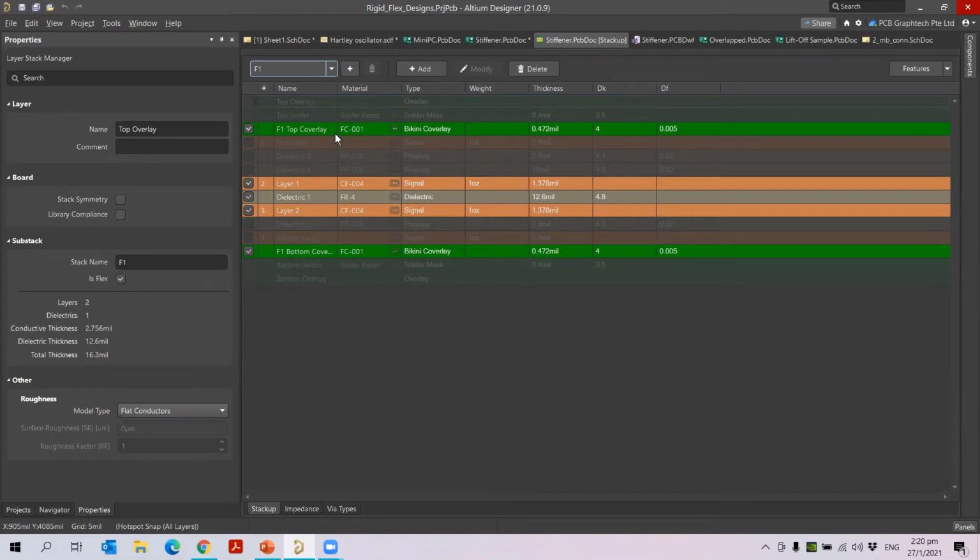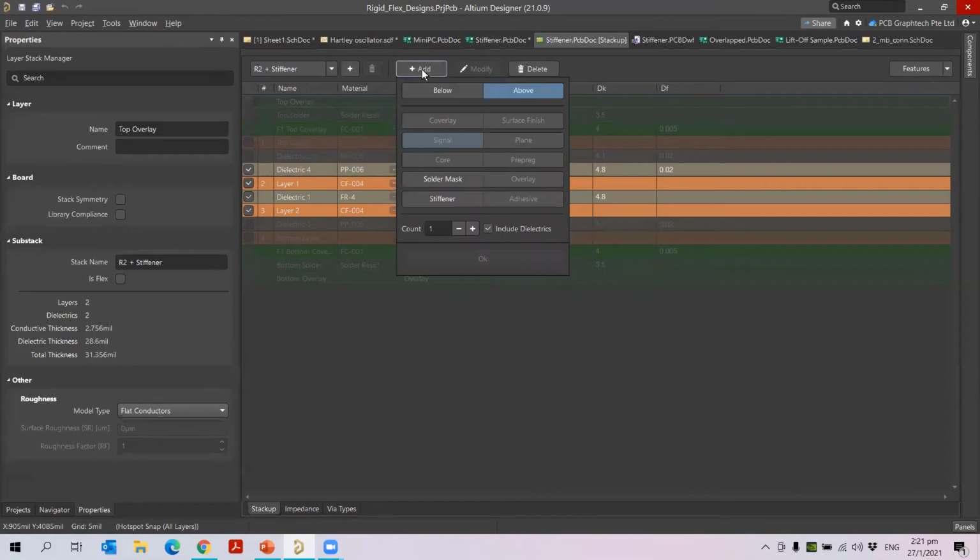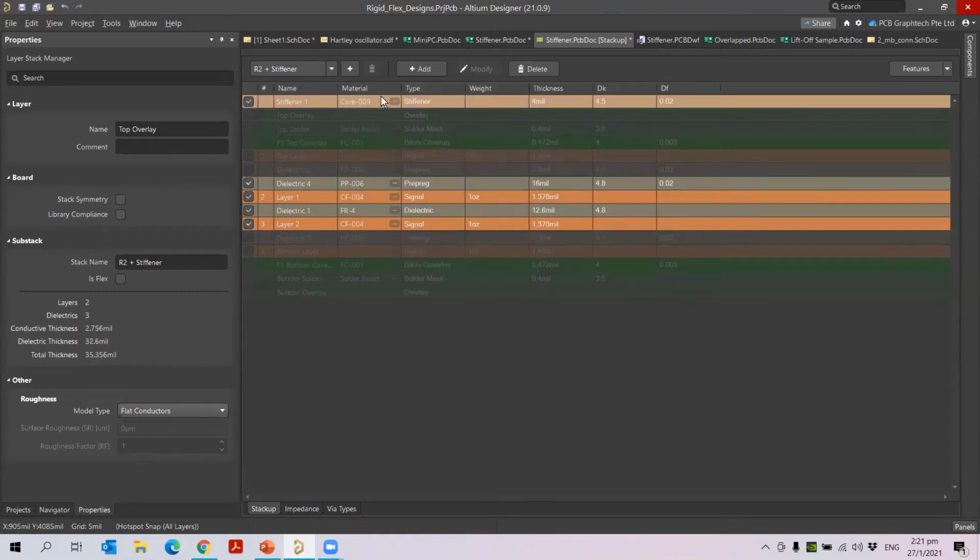If your stack up is a flex stack up, then you can check the box here in the layer stack, that it is a flex layer stack. Then the next one is R2 plus stiffener. If you want to add the stiffener layer, you can just click the add button here. Stiffener can be added above or below. So you can just click add stiffener, and it will be added here.